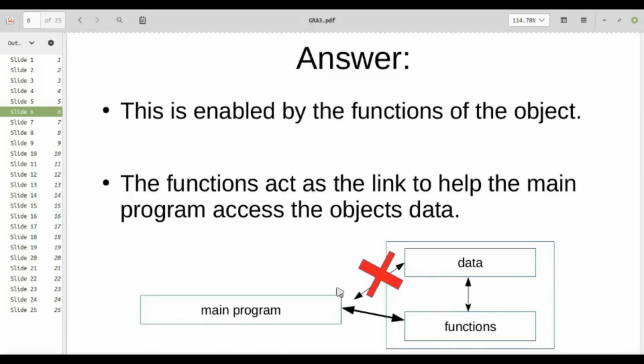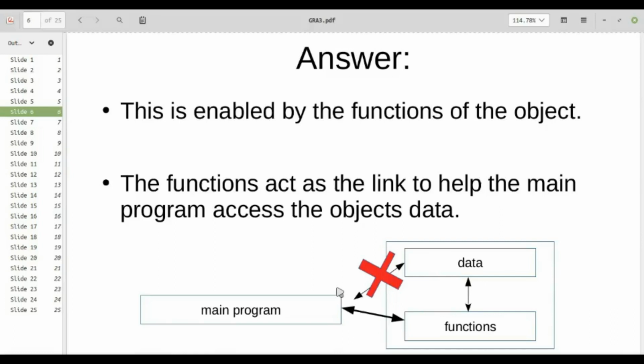You have already worked with structures, and you know that when we are creating a variable of structure type, like we saw in the last class, we can simply create a data member of that structure type. We can simply access that data member anywhere within the main program, directly. And how do we do that? We do that using the dot operator, right? But for a class, that is not possible. I cannot simply use the data member of a class. That is an illegal operation.